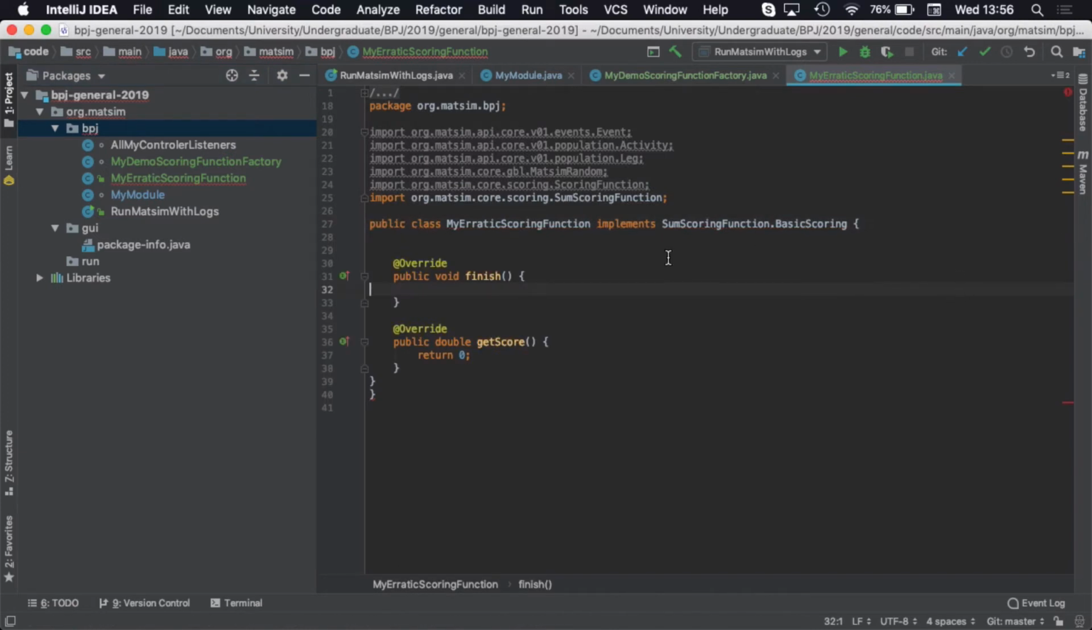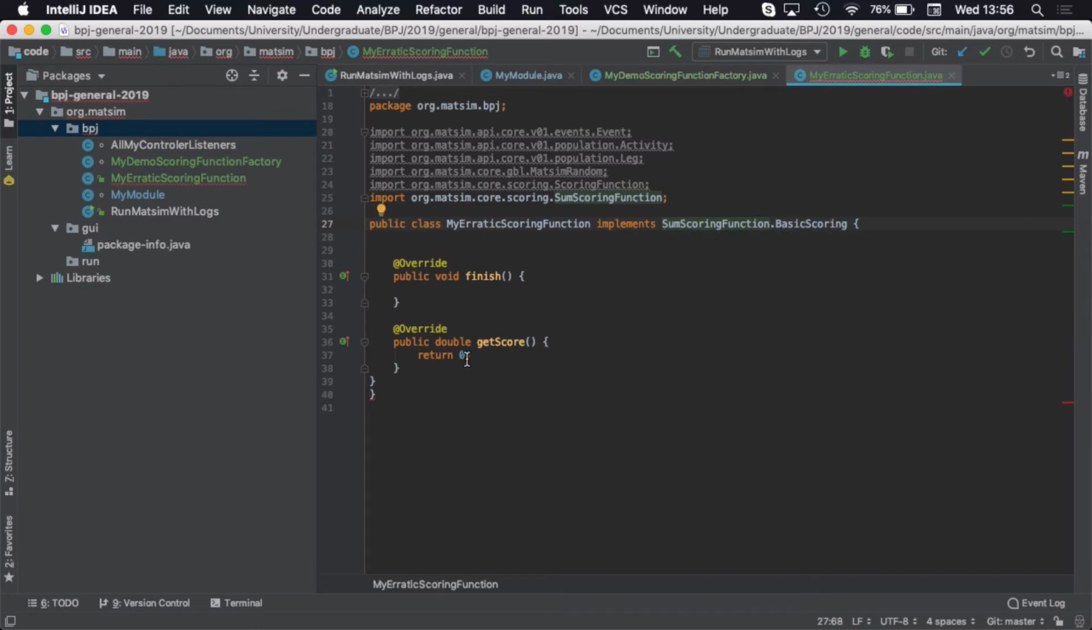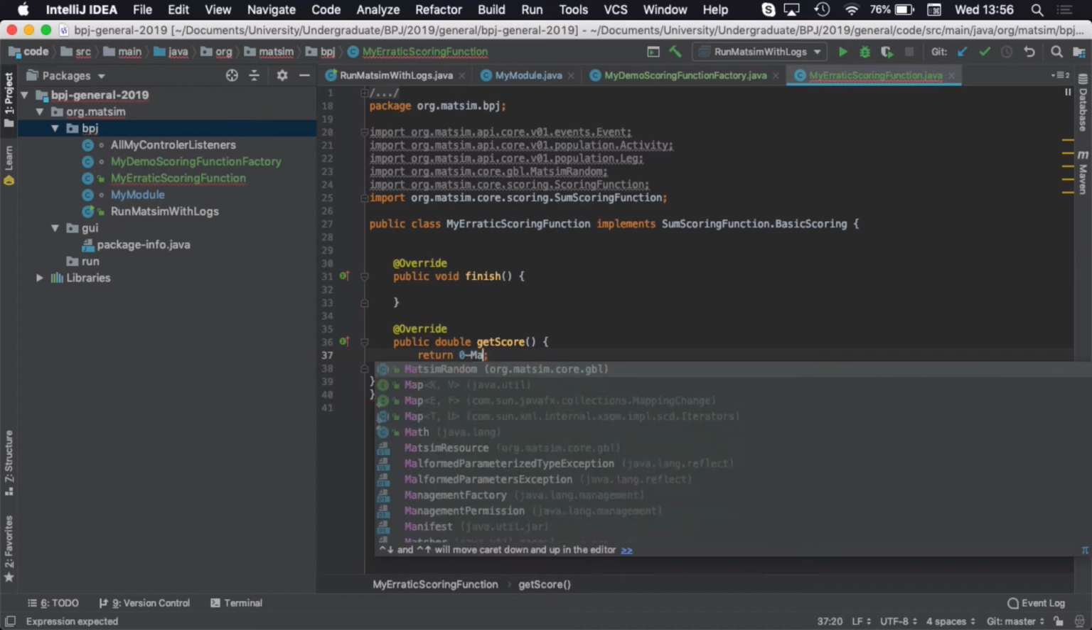Okay, so within the sum scoring function there seem to be subclasses, of which basic scoring is one. Basic scoring only does finish and get score. There's activity scoring which probably does finish, get score, and handling the activity. There's agent stack, arbitrary event scoring, leg scoring, and money scoring. So within sum scoring function factory, you've got a bunch of them. If we just stick to the basic, this is where we will then have our minus